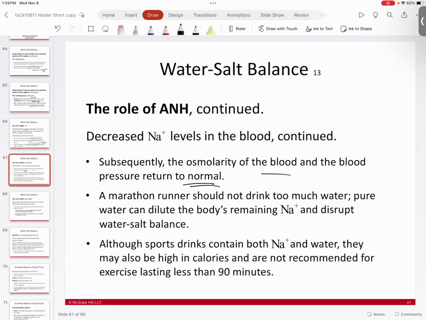So it's long-term endurance types of exercise. You don't want to drink pure water, right? Because pure water is too dilute. And so you don't want to dilute your sodium ions. That'll sort of mess up your osmotic balance, which can cause problems. That's the reason why you have more of a kind of an electrolyte mix, is to sort of keep that balance. So the sports drinks will have the sodium and the water in it. The problem with them is not so much the electrolytes that are in them as much as it is the sugar that's in them, right? So for instance, they'll have lots of calories in them. And so generally speaking,